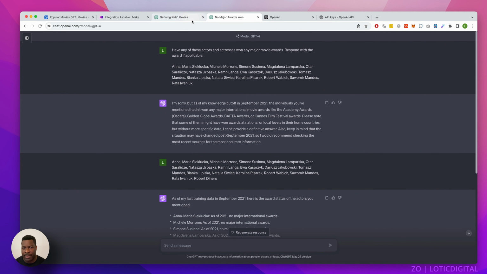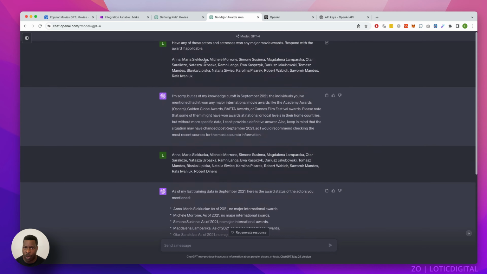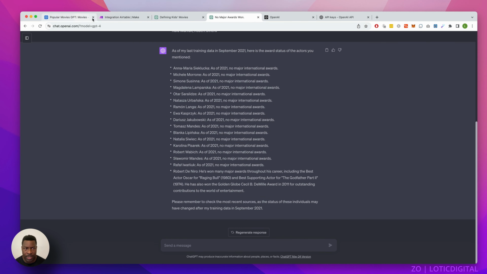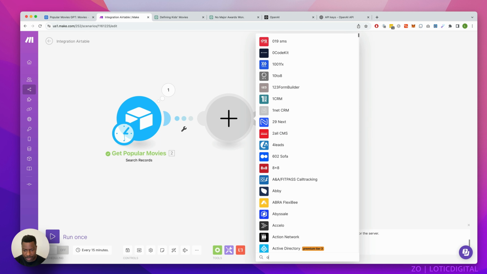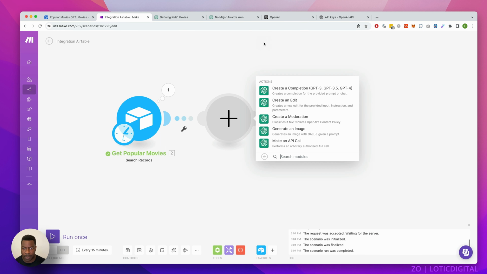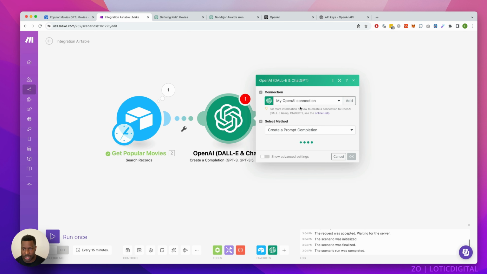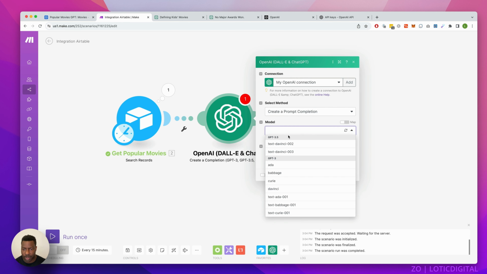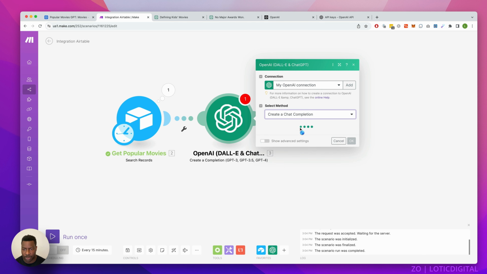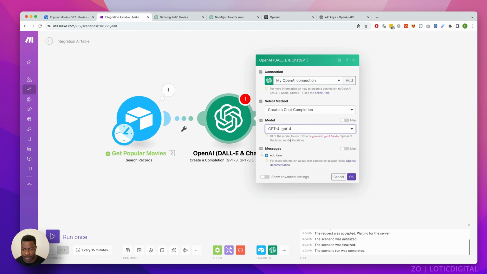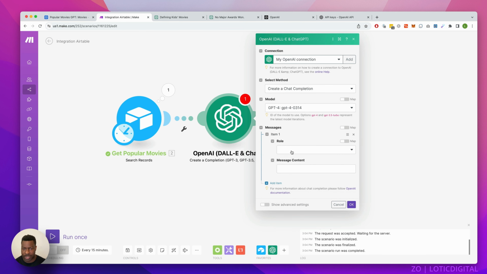And when I go in their chat, I can kind of set myself up for what I'm going to ask OpenAI. The reason that's important is you'll notice in this integration, if I type in OpenAI, I can create a completion for GPT chat completion, and I'm going to use GPT-4. Let's use this latest one. That's going to give us a series of messages. Basically, we can give OpenAI some context and it'll return a response,